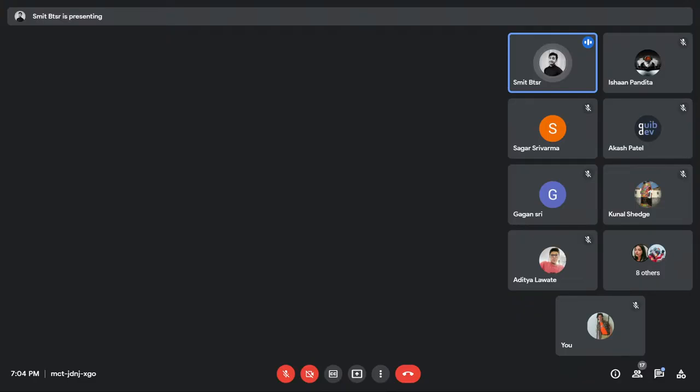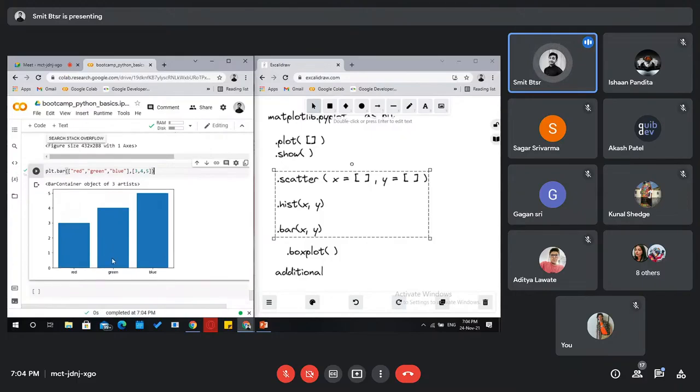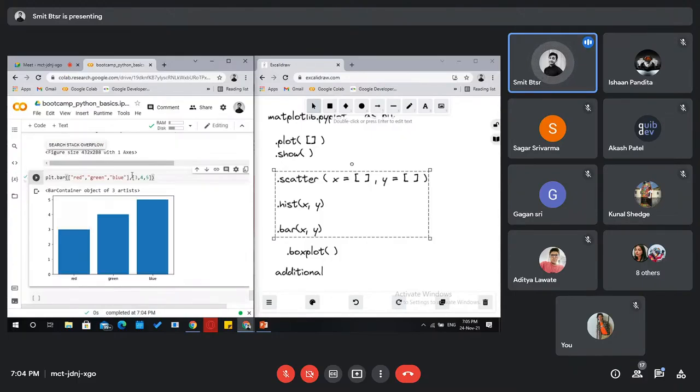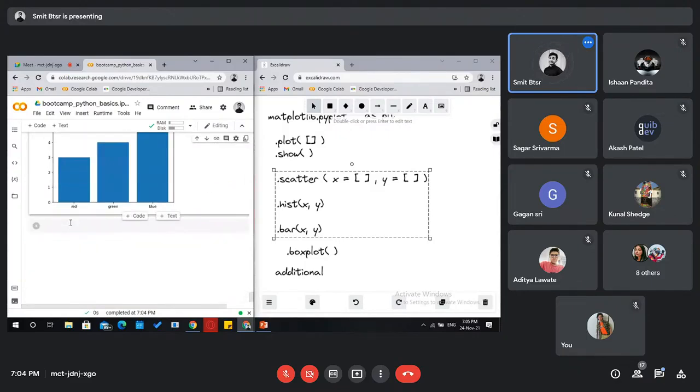I was trying to show you different kinds of bars and graphs, but it is not good practice to use the same tool on every task, right? So we need to change accordingly. For categorical data, you can use this bar graph. In our data frame, we have all numerical values, so it was not properly showing the bar graph.